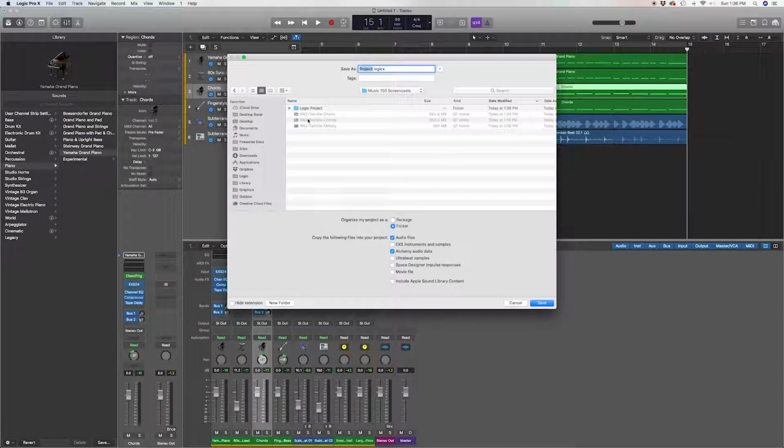And so we're going to find the folder where we're going to save it. Now, this is the most important thing. You should have this drop down where it says organize my project as a package or a folder. I like to save it as a folder because if for any reason, if you save it as a package,